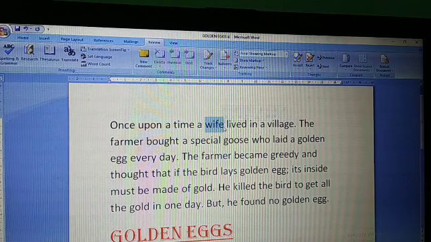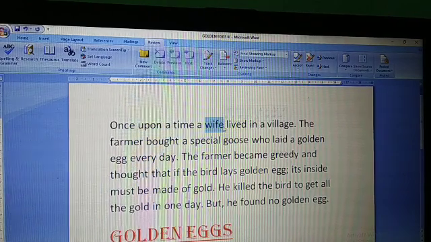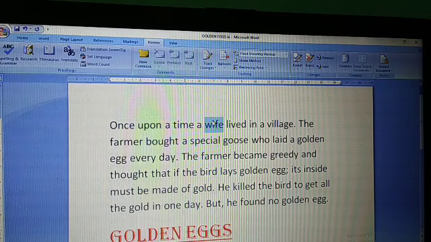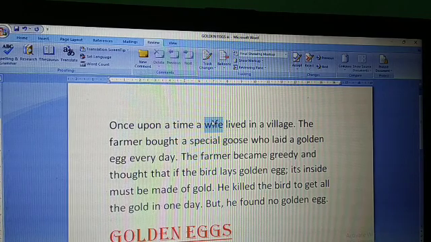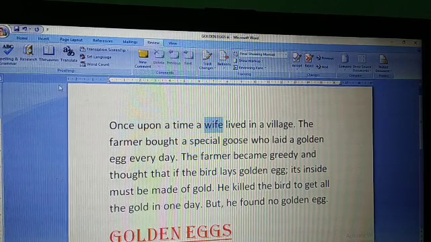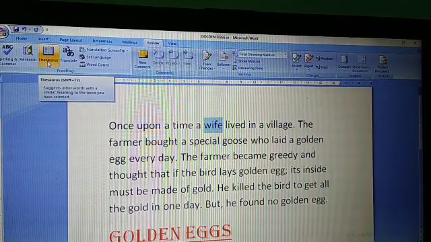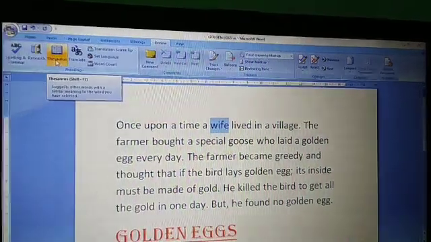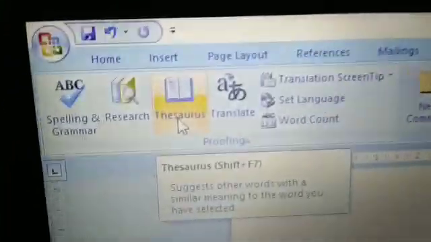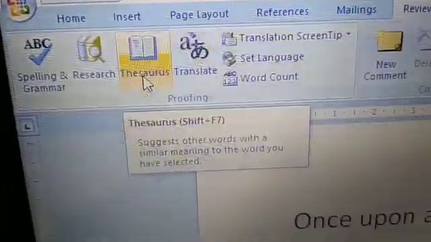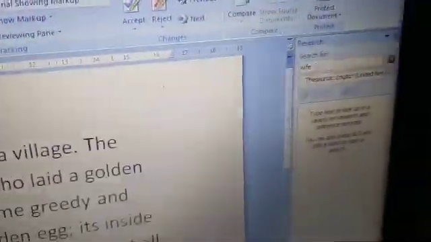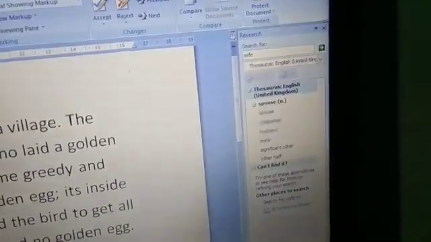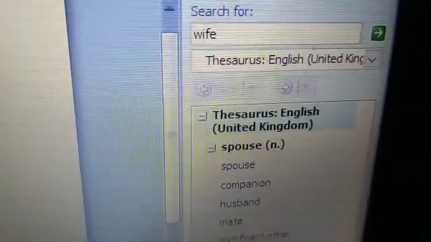To change this word with its synonym, go to the thesaurus in the review tab. Thesaurus is here, proofing group, thesaurus. Click on it. On the right side you can see the word wife, because we have selected the word wife.